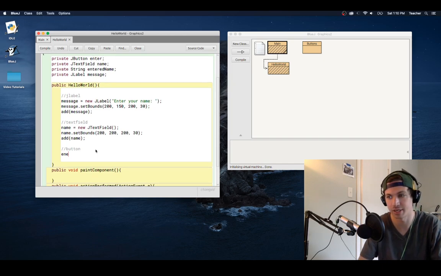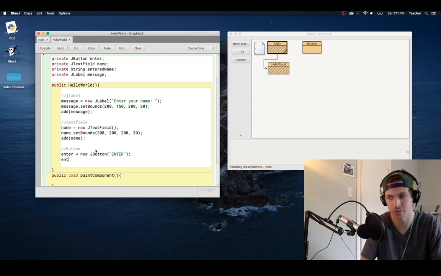So we are going to say that enter is equal to new JButton. And then that takes an argument of what you actually want the button to say. So I'm going to throw on here ENTER in all caps. And we want our button to say that. And then we're going to do the same thing. We're going to set bounds. So we'll do